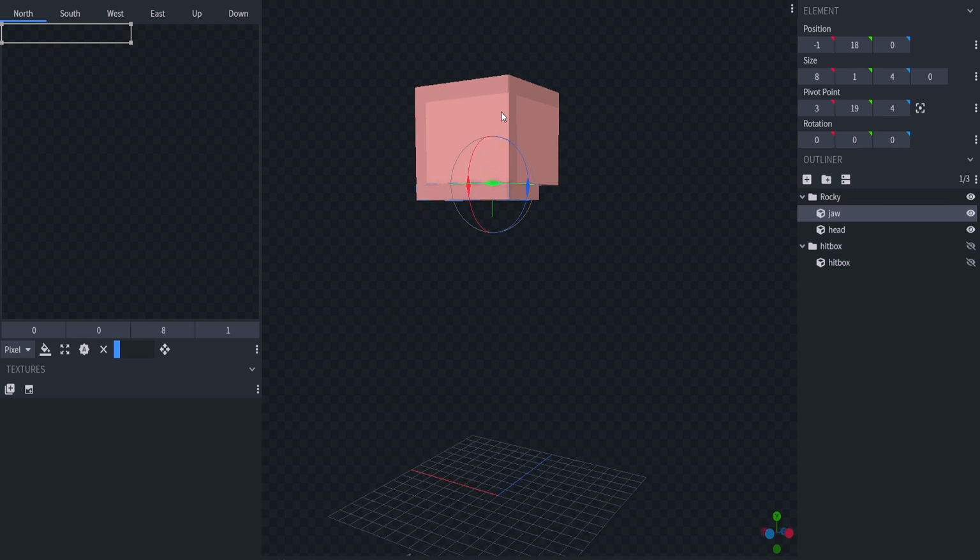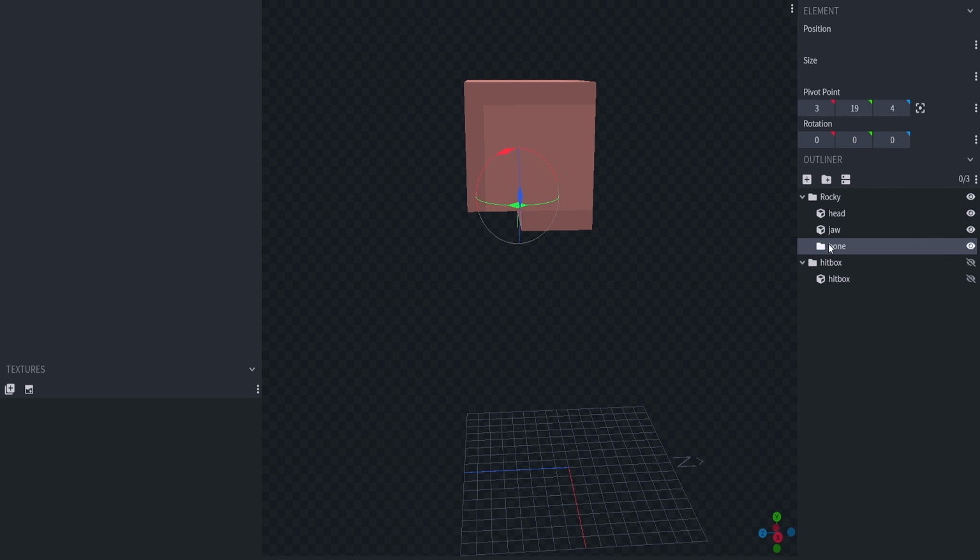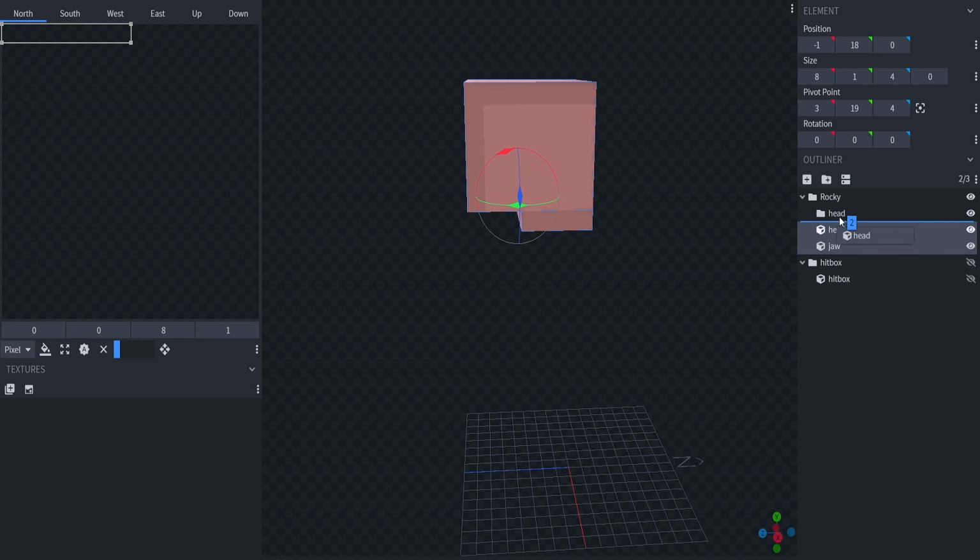Now, as you can see there, I have a head. I'll work on the body just by adding another one. And again, you always want to keep everything organized. So here I have the head and I have the jaw. What I'm going to do is create a new folder and name this head. I'm going to put both of them in there, and then I'm going to create another folder and just name